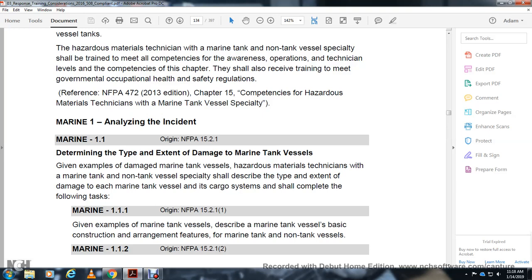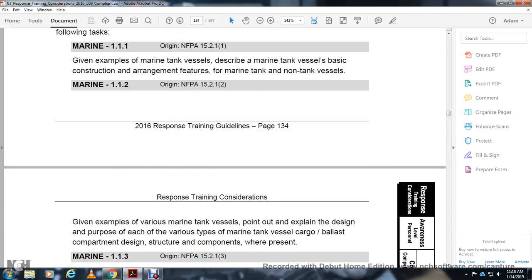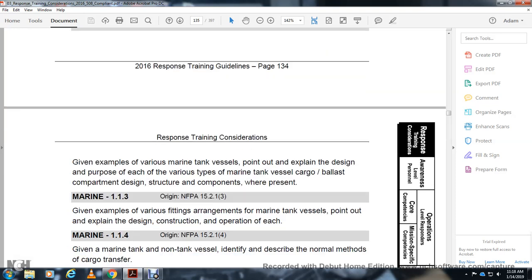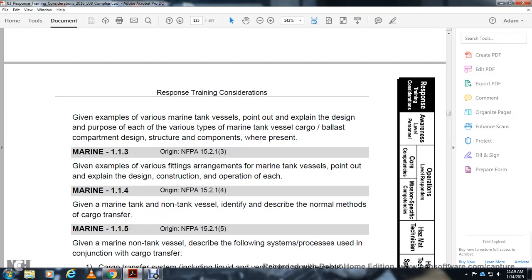describe the marine tank vessel ballast and structure arrangement features of marine tank and non-tank vessels. Given examples of various marine tank vessels, point out and explain the name, design and purpose of each of the various types of marine tank vessel cargo and ballast compartments, and the design of the structure and components where present. Given examples of various fittings and arrangements of the marine tank vessel, point out and explain the design, construction and operation of each. Given a marine tank or non-tank vessel,